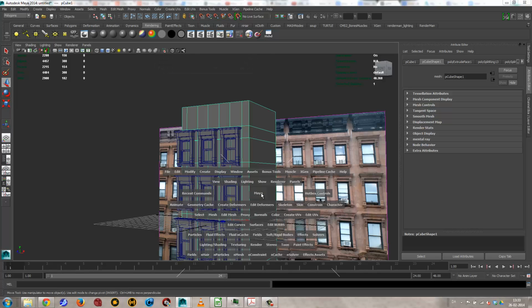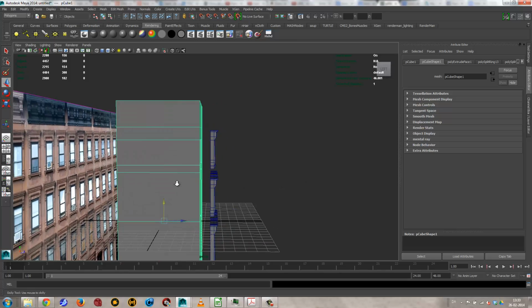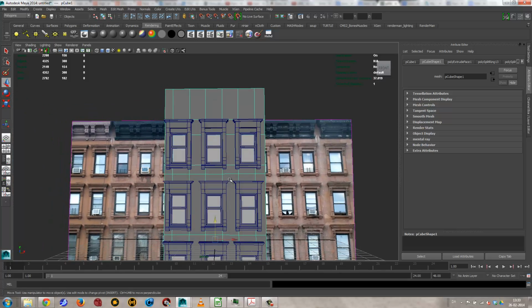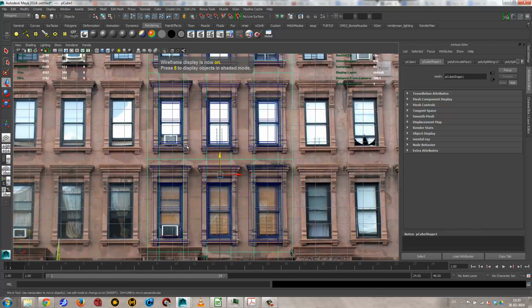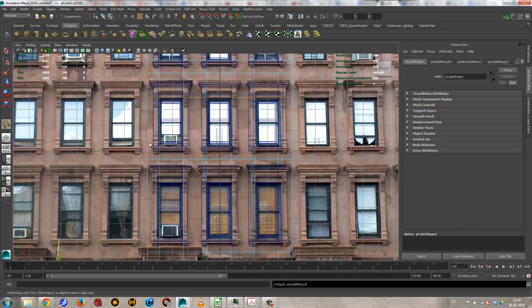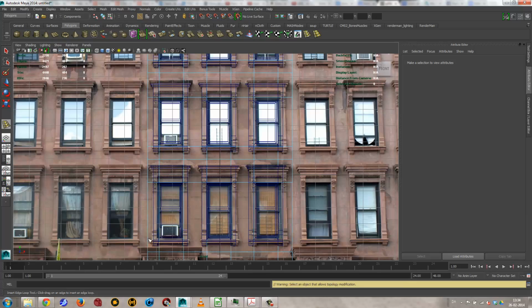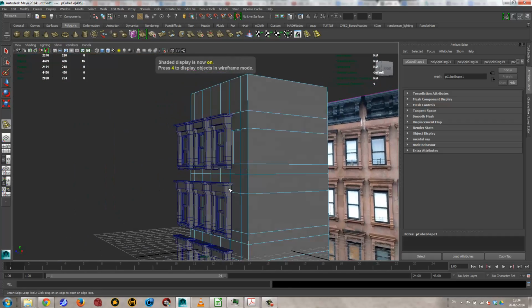Then what I need to do is just fix this model here, just make the holes for it. So go to the front view, go to wireframe, and then go in and go to polygons, and then insert edge loop. So maybe insert it here and here and here and there. Okay, and then go back, and then I just need to